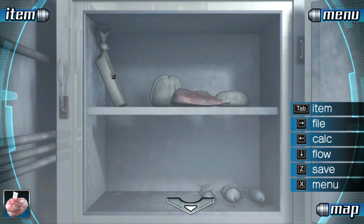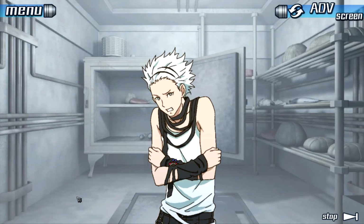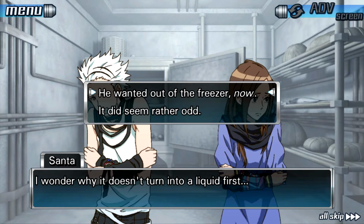So now we're going to grab this, because this is what triggered the conversation last time, and I'm going to put it on auto skip mode, because auto skip will automatically stop me at the dialogue right here. Okay, it stops me right here. Great. Now let's take it off of auto skip so we don't skip the next text. Okay, great. Now the important choice we have to make here is that when